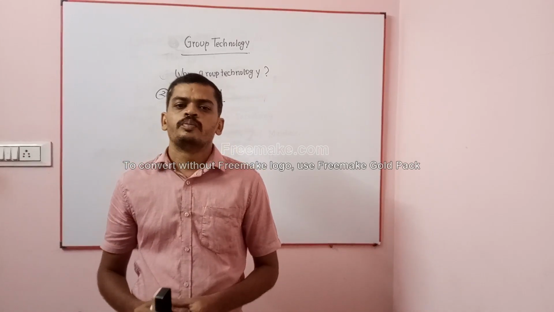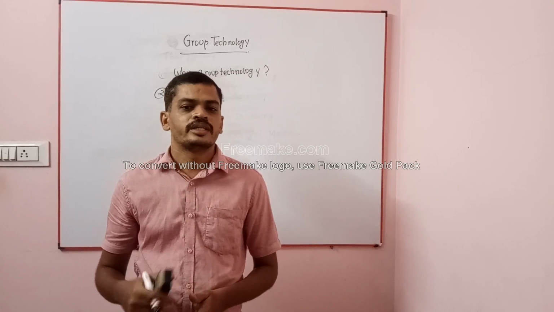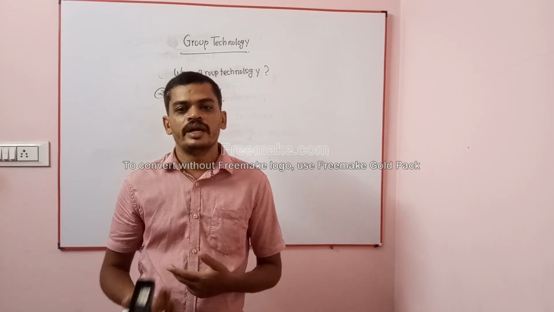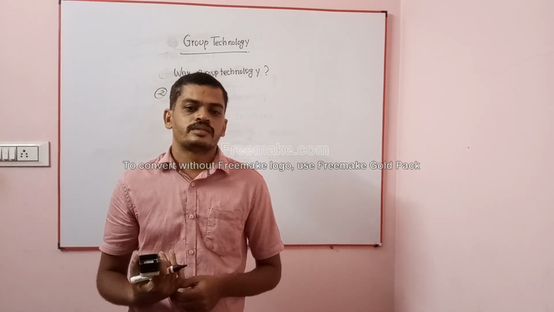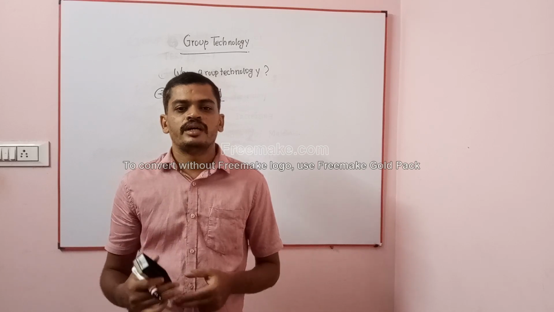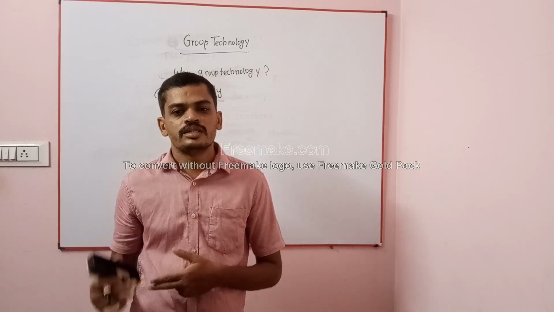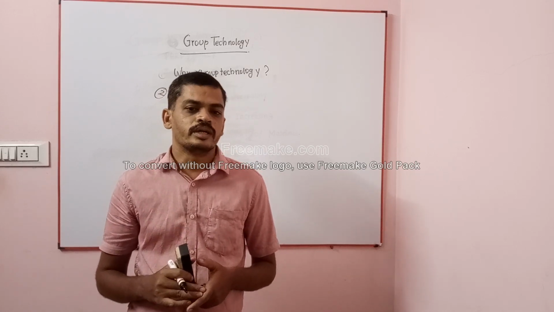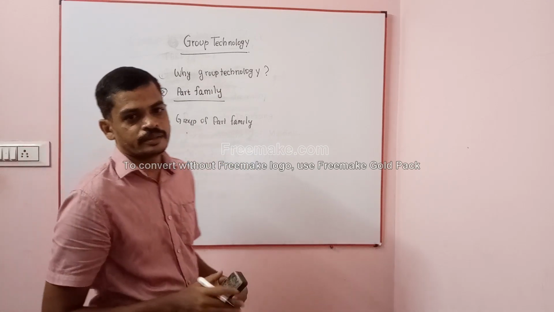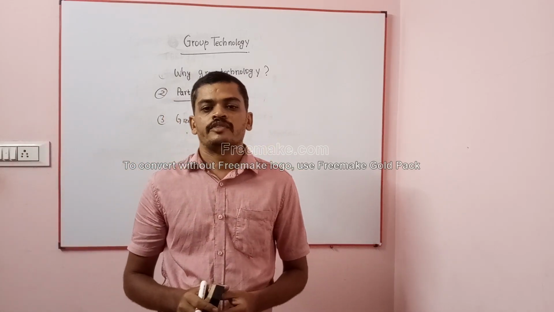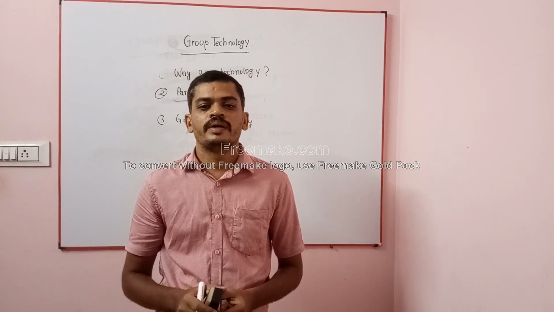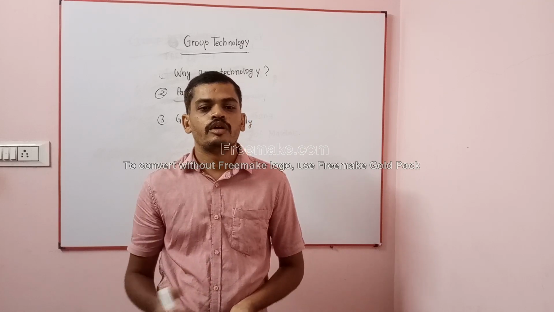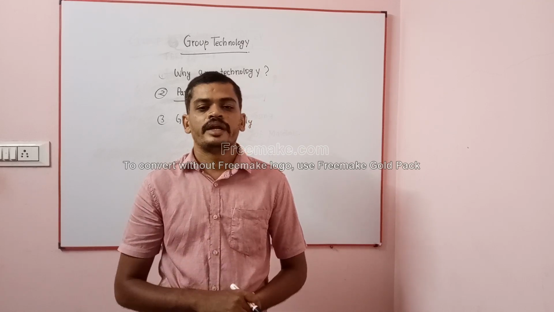Part family is a group of parts identical either due to their geometrical shape and size or because their production involves identical processing steps. The parts of the family are distinct but are similar enough for the members to be included in the group. Grouping of part families has been solved by three general methods. All three take time and include the review of a large number of data by trained workers.